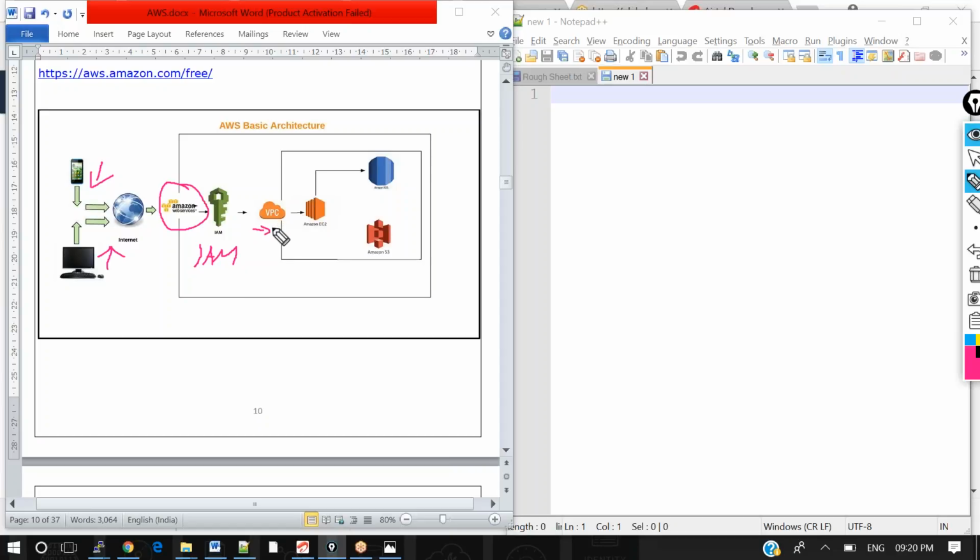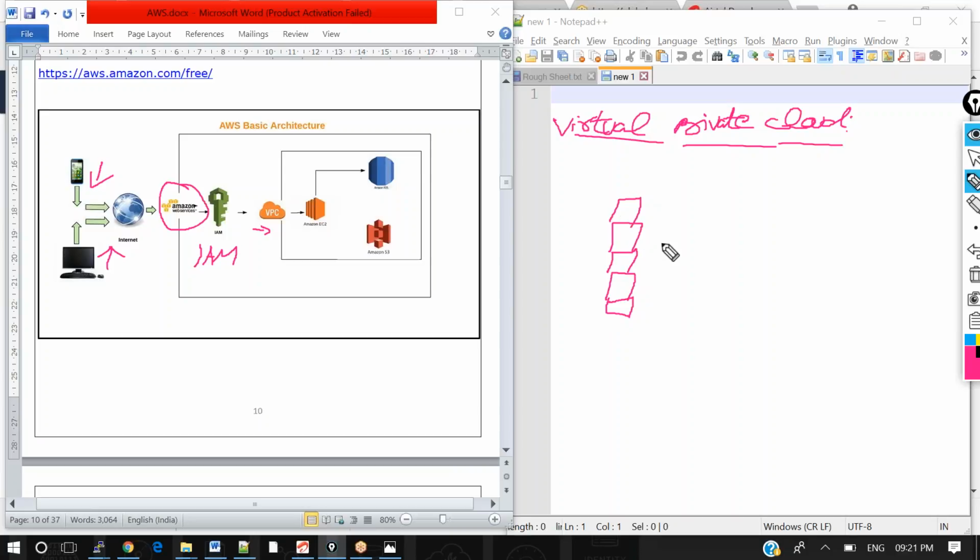So what is a VPC? VPC is nothing but a virtual private cloud. What is a virtual private cloud? Consider that you are in an apartment. There will be many flats in the apartments.